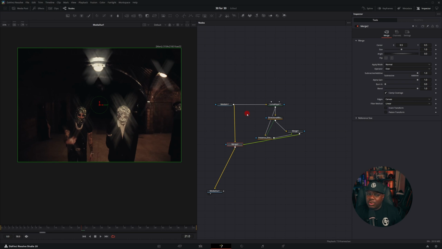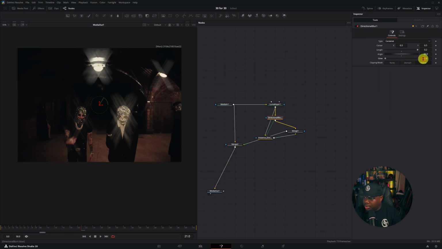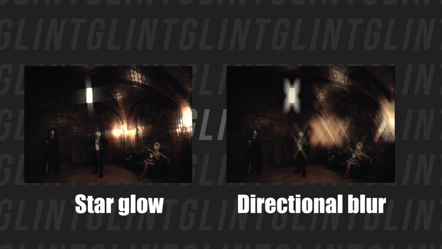Now you more or less have the same effect. If I go back to the directional blur, I can turn up the glow a little bit. I'm actually going to go back into the length and I'm going to turn it to 0.1, let's do 0.15, make it a little bit shorter. And so the method using the Star Glow effect does look better in my opinion,